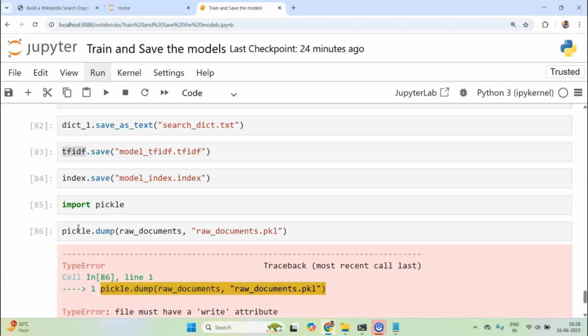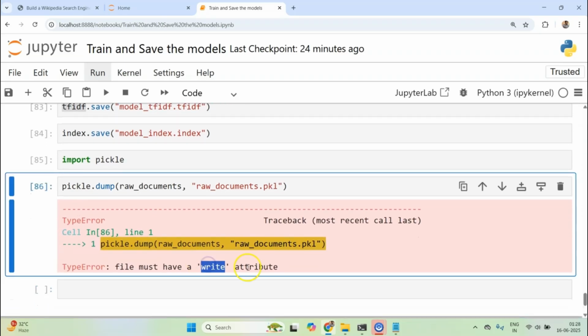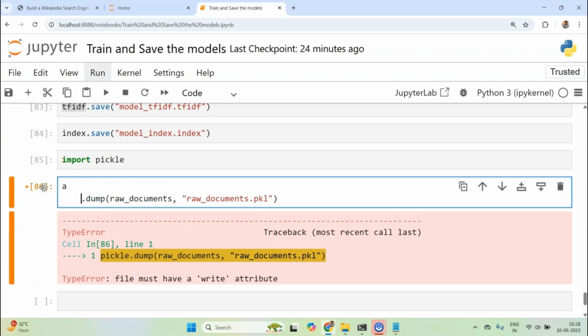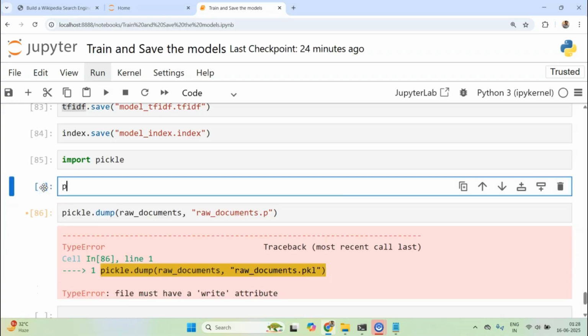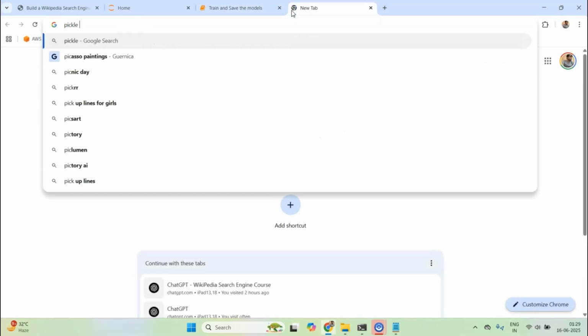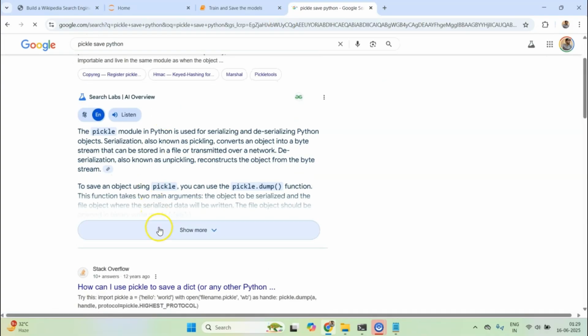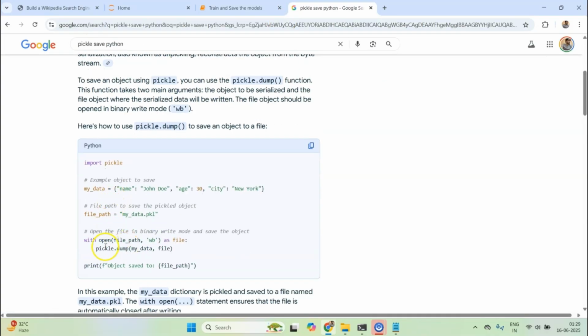I guess it's saying the file must have a write attribute. What does that mean? One second, let's look at pickle save python. Oh, I see.